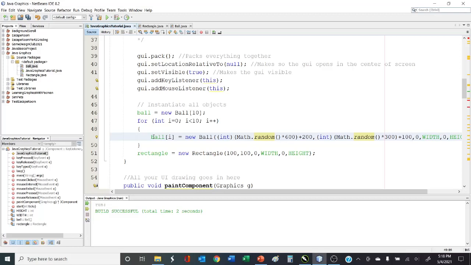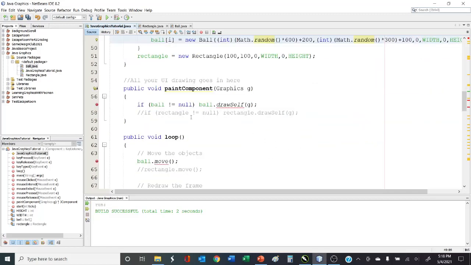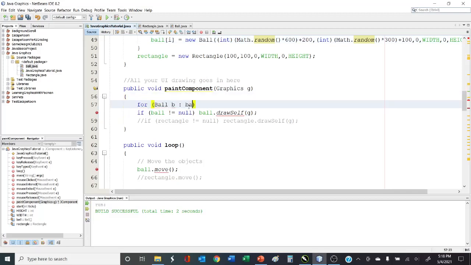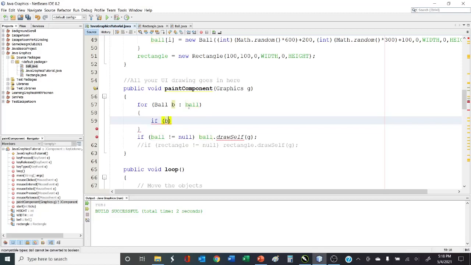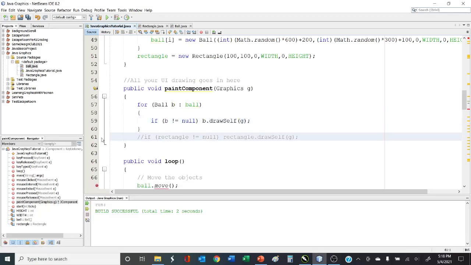So anyway, we now have 10 different balls, and they're going to be at random positions. So let's scroll down here. Now in the paint component method, we have to draw all of them. So let's loop through. And there we go. We're looping through all the balls, and we're making sure they're not null, and then we're